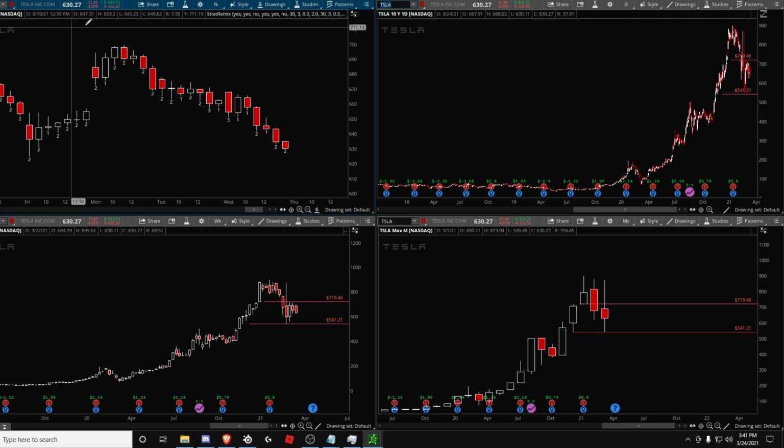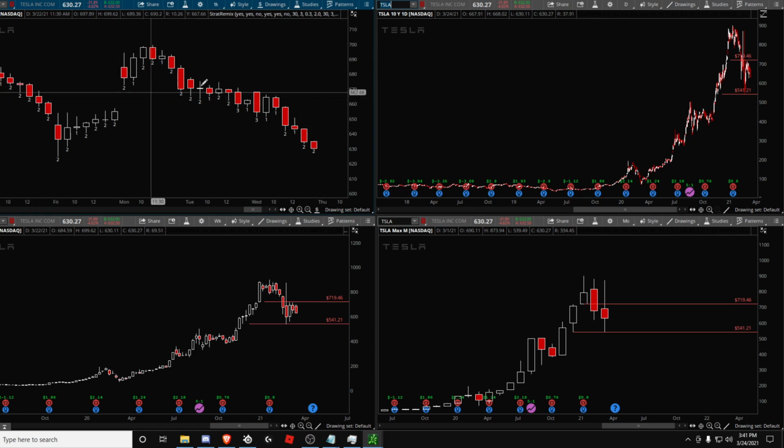So a one is an inside bar. A two is a previous high or low, and a three is you take out both sides. Defining if it's up or down, this is an inside up, so a one up, because this is green. And then for a two down,